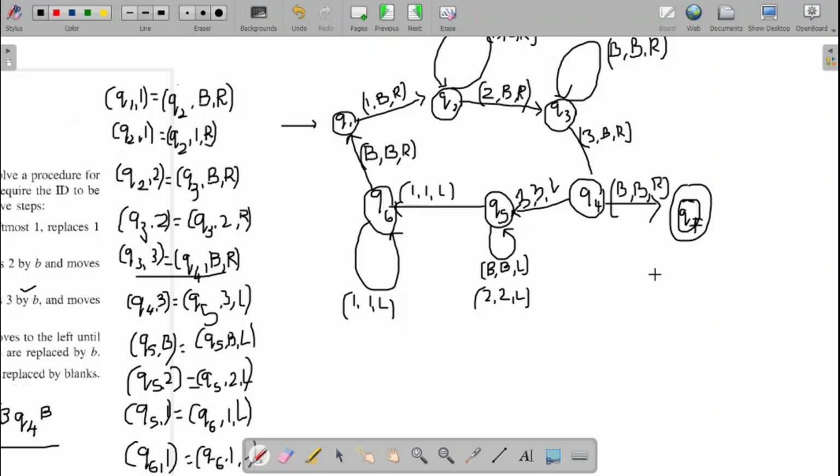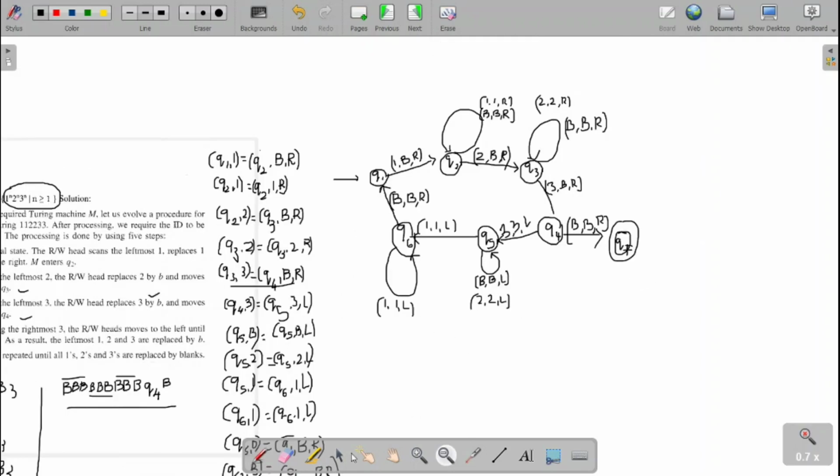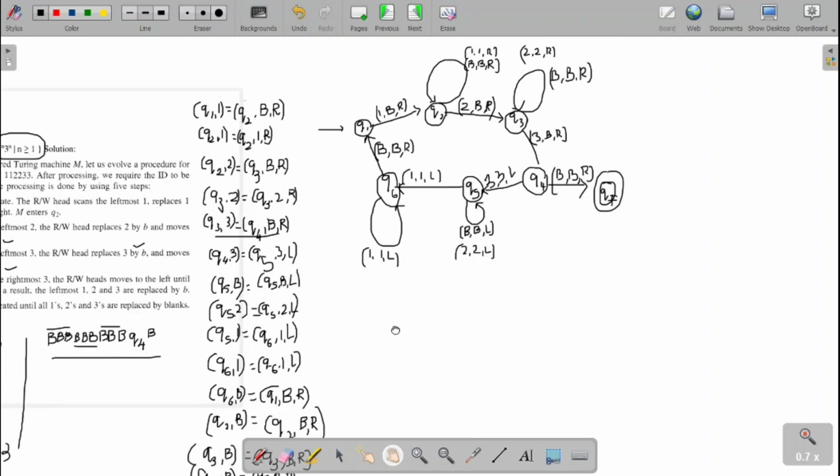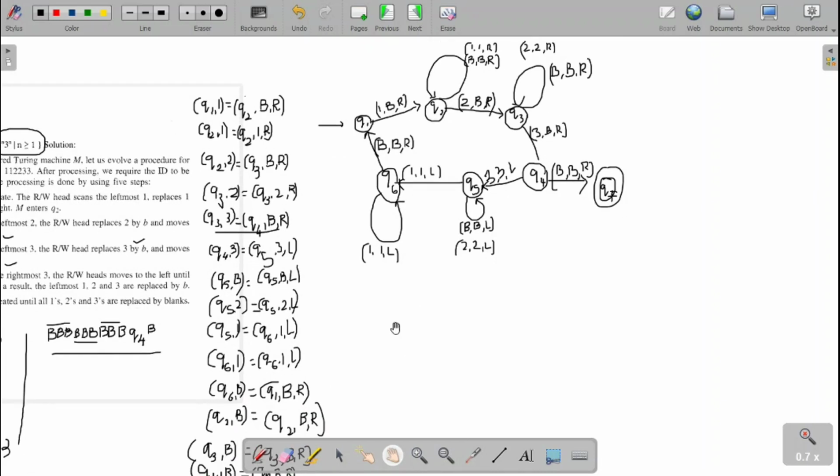If I want to make the transition table for this one, how will the transition table be written? Fine. So let me write the transition table here. What are all the symbols we can have? Input symbols can be 1, or 2, or 3, and one more we have used is the blank. In some textbooks they use the lowercase b, or in some the uppercase B. It is left to you, whichever you want you can use.